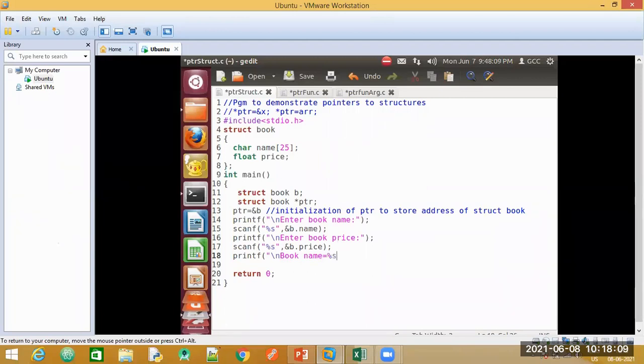Since it is of type char, %s, comma, we have our pointer variable. I'll write another statement here. There are two ways in which you are able to access.